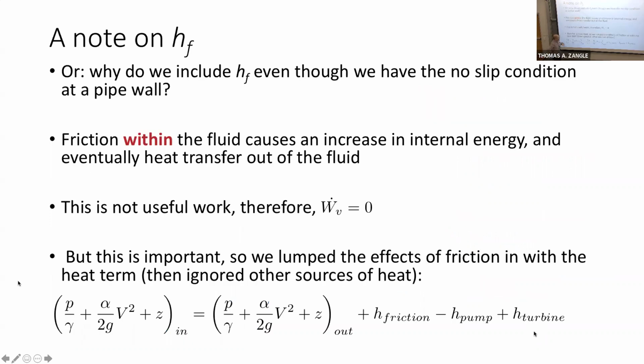All right. This was a question last time, which I feel like I didn't give a very adequate answer to, which is why we include HF, even though we have no viscous work from the pipe wall. And I went and looked in our notes for internal flow chapters, and it's not really adequately addressed there either. So I want to discuss it now.